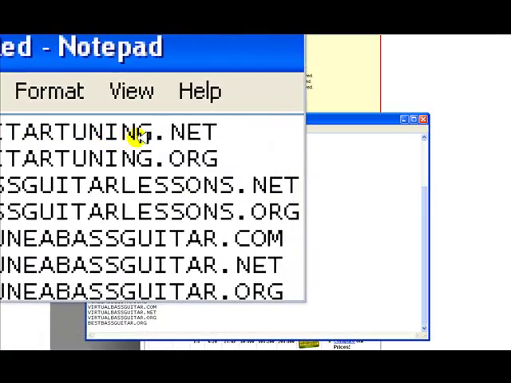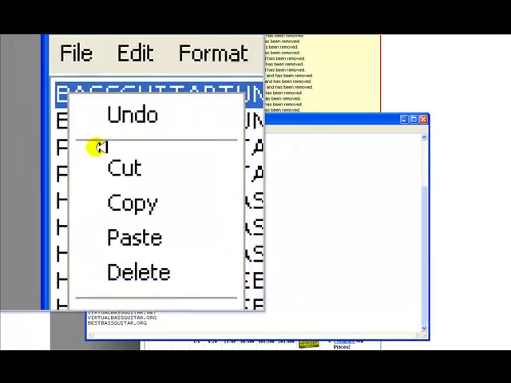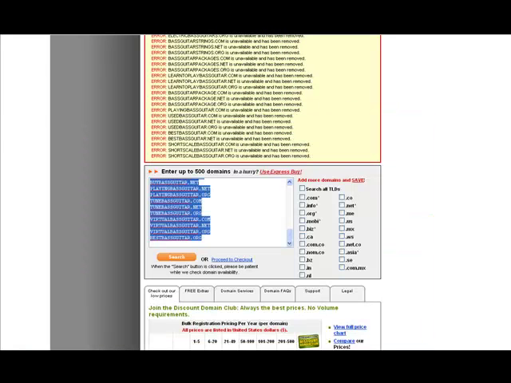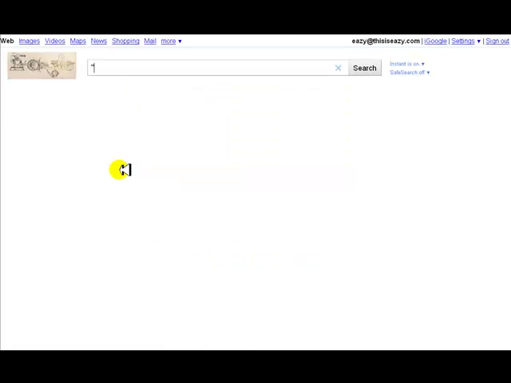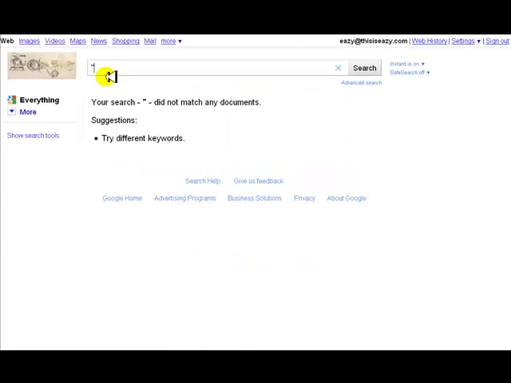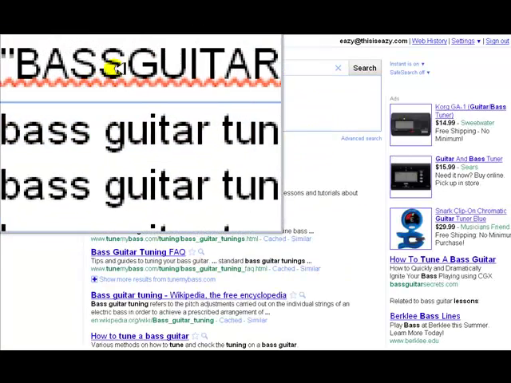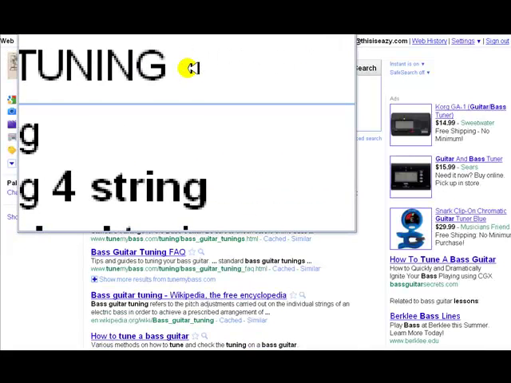So let's just do bass guitar tuning, just since that's the first one right here. We'll go ahead and copy that, minimize. Let's go ahead and go back to Google. We're going to do what we learned in one of the last videos, where we want to put that in quotes. We want to break this up, bass guitar tuning, and let's put that in quotes again,